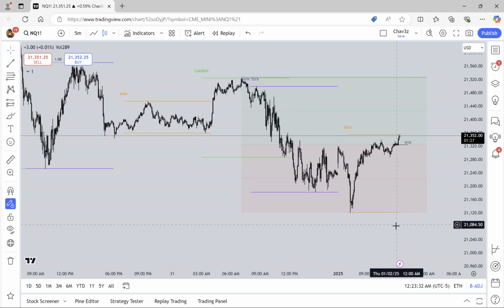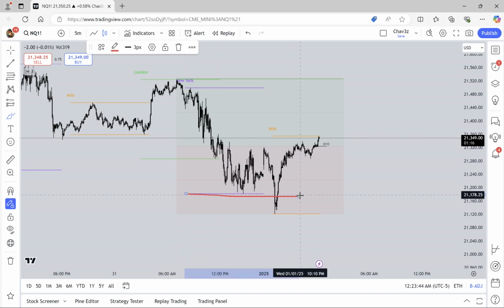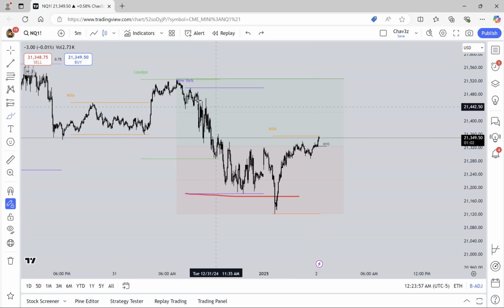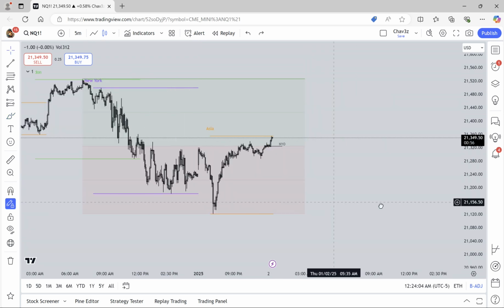So now what I'm anticipating is a bullish run up to previous day high. Why am I anticipating that run up? Because one, we already took the low of day yesterday. We already engineered and grabbed the liquidity needed to go higher. Now that we've tapped into equilibrium and accumulated underneath, just like we spoke about trading above EQ here, we can see that it's literally the same thing. The same thing is happening.